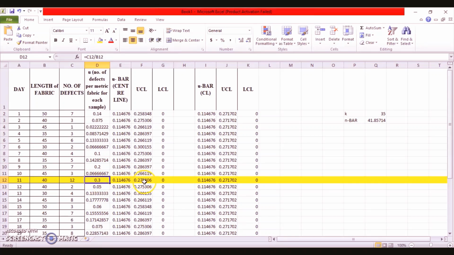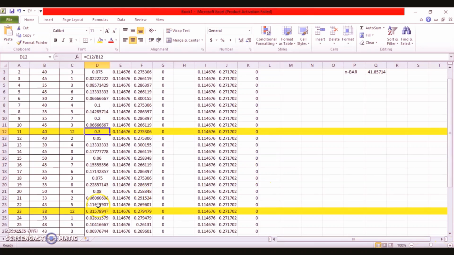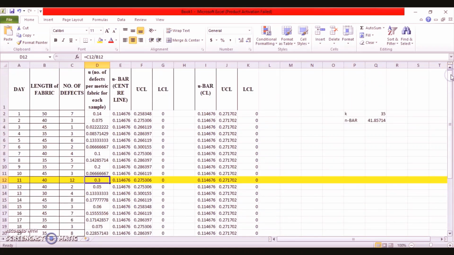Here it was 0.27 as the upper control limit, but it was 0.3 in the U value, and here also 0.31, which is again exceeding. So the first thing is to find the new upper control limit. So here I will write U bar new.